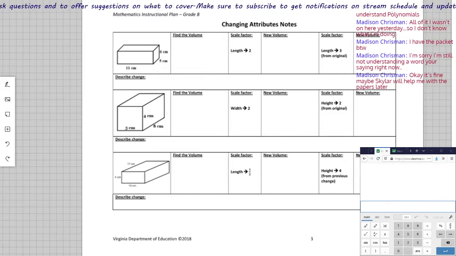With changing attributes, what they're asking is for us to change one of the dimensions or multiple dimensions to see how it affects the volume or the surface area. So with the volume and the surface,